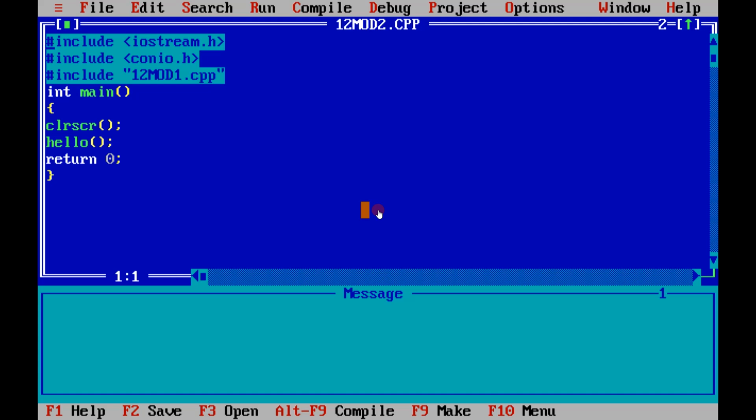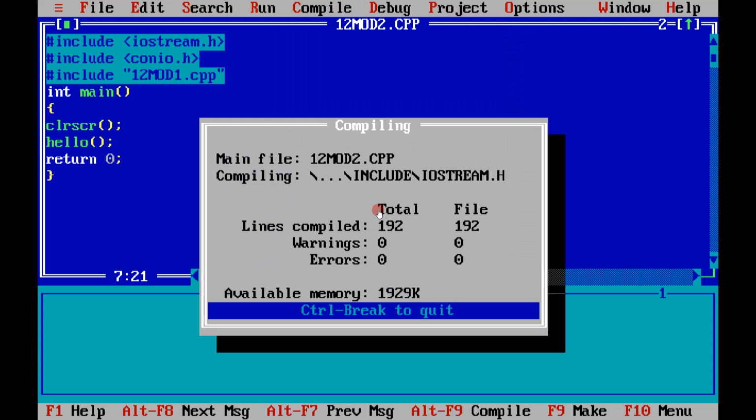To help this module access the function in 12mod1, we'll have to use hash include and the file name in double inverted commas. In double inverted commas, you have to give the file name from which I want to access the function, which is 12mod1.cpp. So let us see if it's able to access the function.